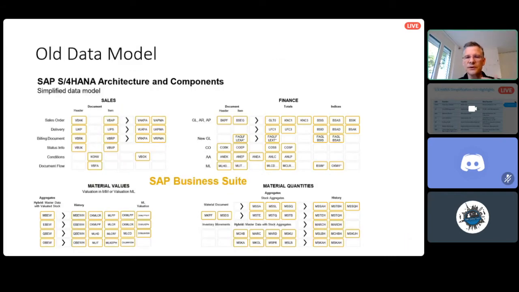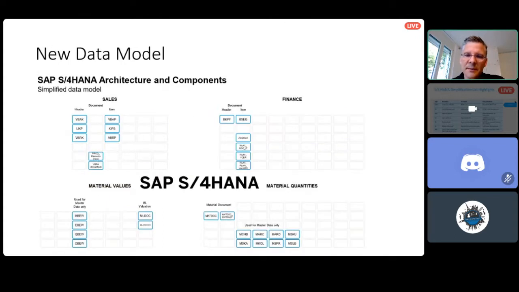And in addition, of course, you know that S4HANA is running only on a HANA database. So other database vendors are not supported. And the data model has also changed. So this is a picture of the old data model. For instance, in finance, you have a lot of aggregated tables with open items or statistic values, aggregated values in costing, in finance, and so on. And on S4HANA, you only have these tables. So all the others are gone.